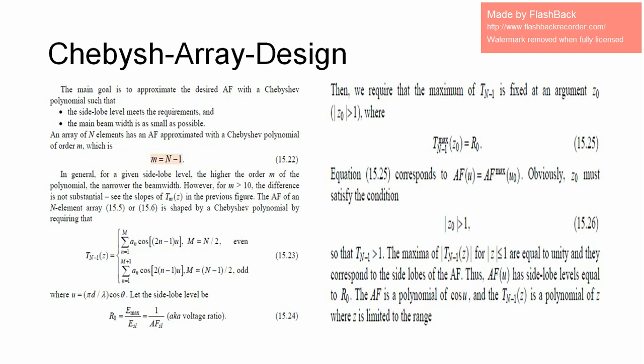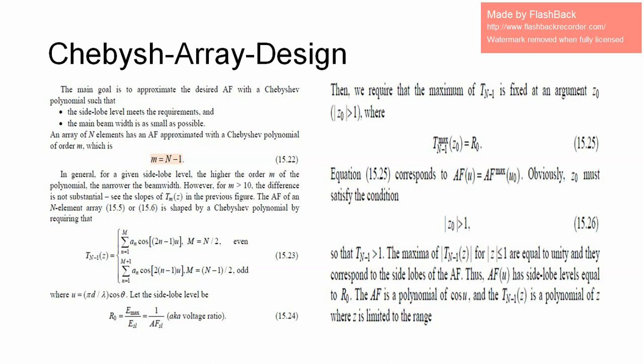In my previous video on the broadside array it is limited up to 10 or less than 10, but here the value of m can be greater than 10, and the difference is not substantial to see. But in the previous figure, the array factor of an n element array is shaped by the Chebyshev polynomial by requiring this. So the equation should be given for even and odd parts, meaning the whole length of the array is divided into two parts, that is T(n-1)(z), basically the even part and the odd part,